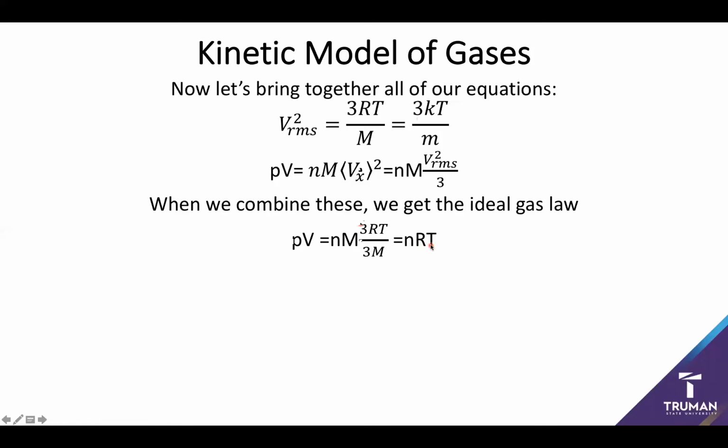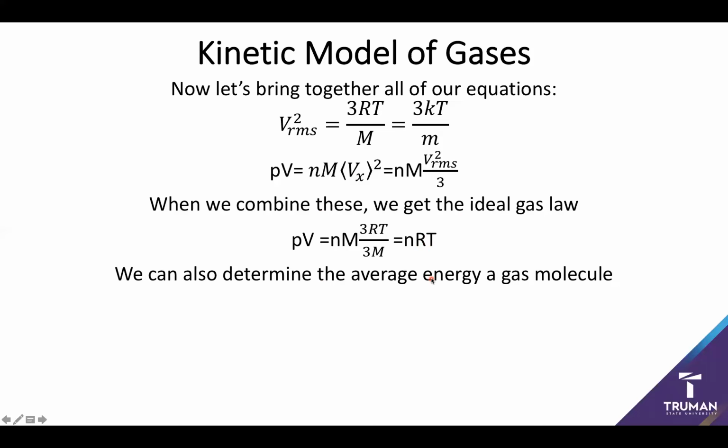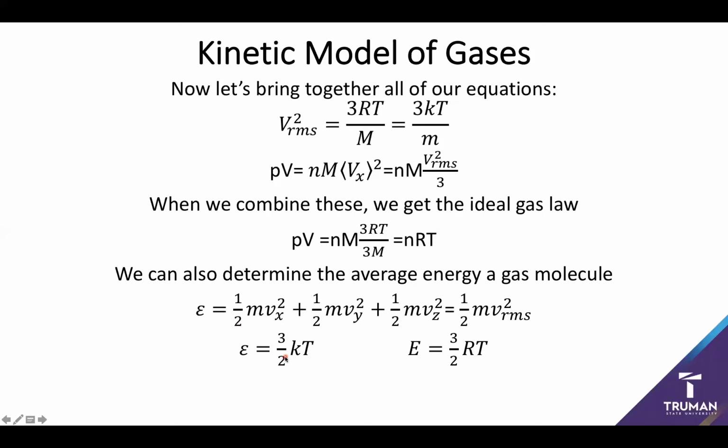But we get a lot of extra information along the way. And this is the big advantage of these ab initio or first principle models. They tell you a lot more about why your model works. So we can see a lot of this by looking at the average energy of a gas molecule, and that our average energy is going to be essentially built up on the translational energy in each given direction. So if you want to know what the translational energy is of a molecule, that turns out to be 3/2 kT. Or if you want to know what the translational energy is of a mole of gas, it's 3/2